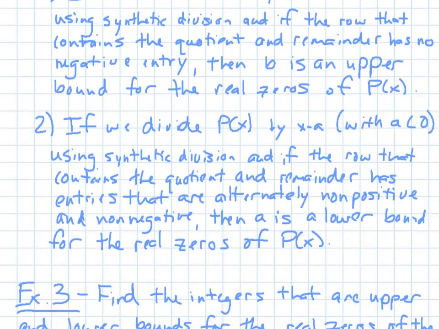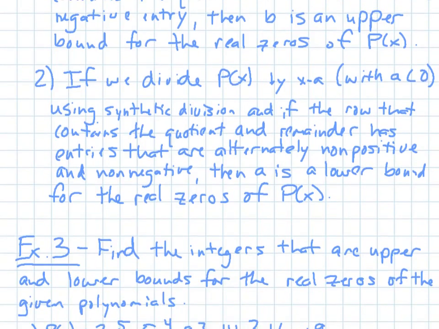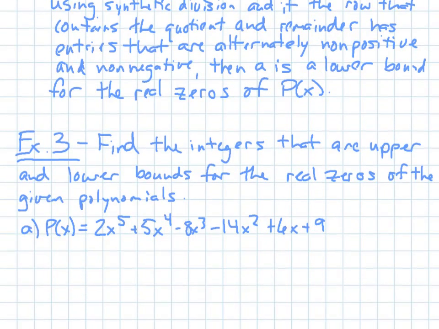If we divide P of x by x minus a, with a being less than 0, using synthetic division, and the row that contains the quotient and remainder has entries that are alternately non-positive and non-negative, then a is a lower bound for the real zeros of P of x. So what that fancy jargon means is that